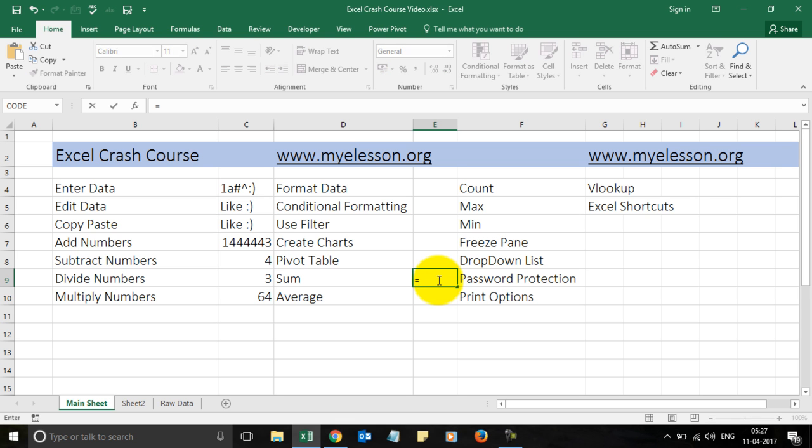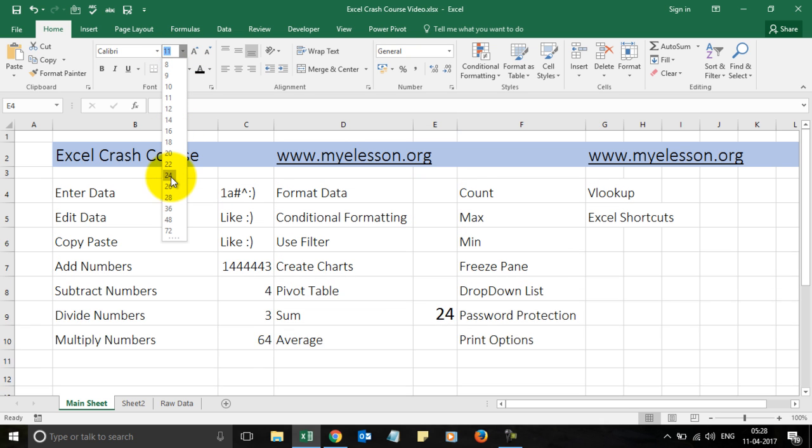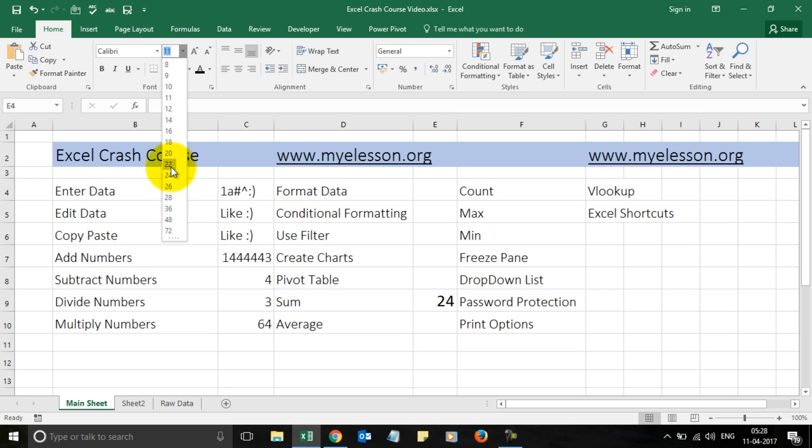To use that, you type in is equal to and type in sum and open the bracket and type in the numbers you want to add. 2, and instead of the plus sign, you add a comma sign. 2, comma 5, comma 8, comma 9, and close the bracket. Press enter. Voila, you have the sum over here. I'm going to go ahead and change the size of this stuff